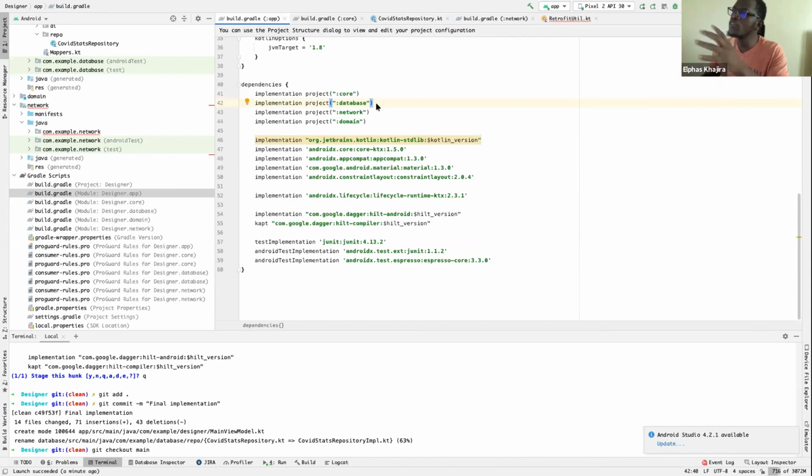The implementation details about how the database gets data or how the database is structured, whether there's a DAO or not, your app module should never know such details. The network as well. Your app module should never know what your API client looks like.